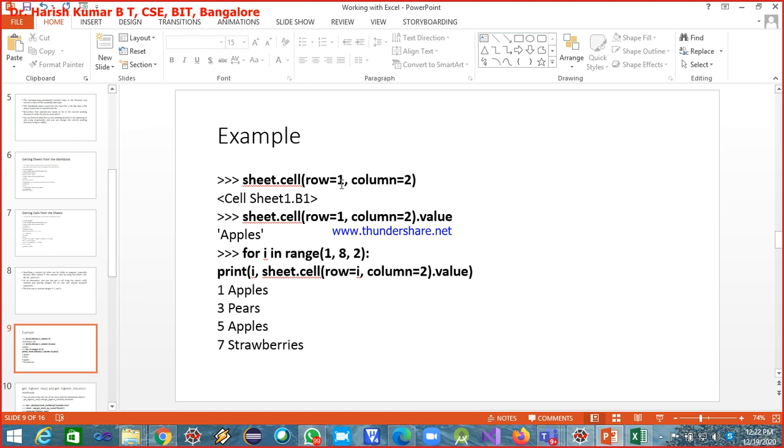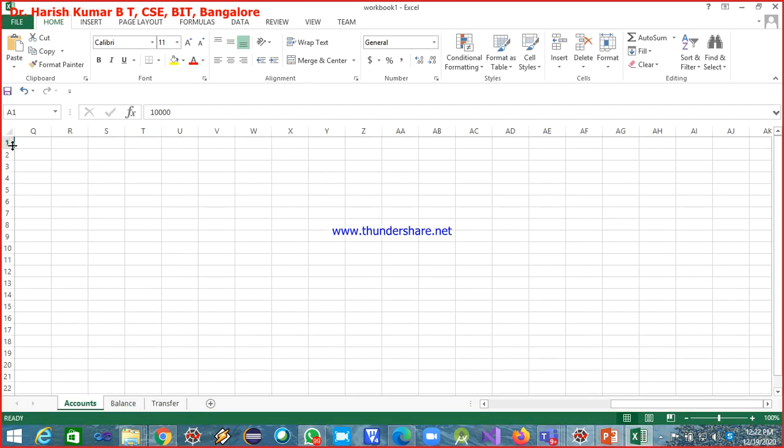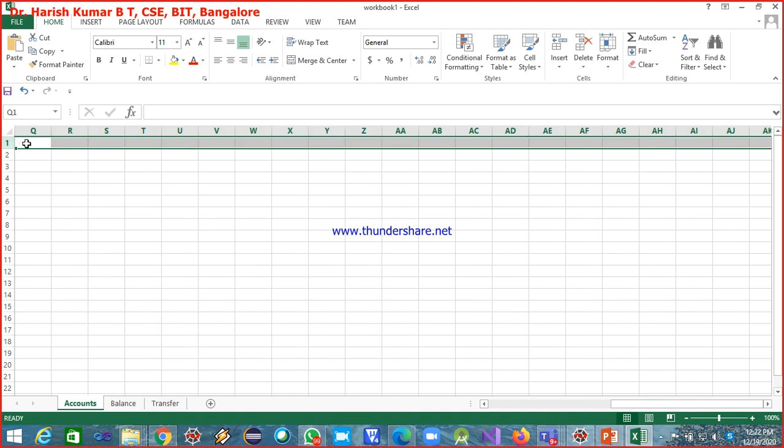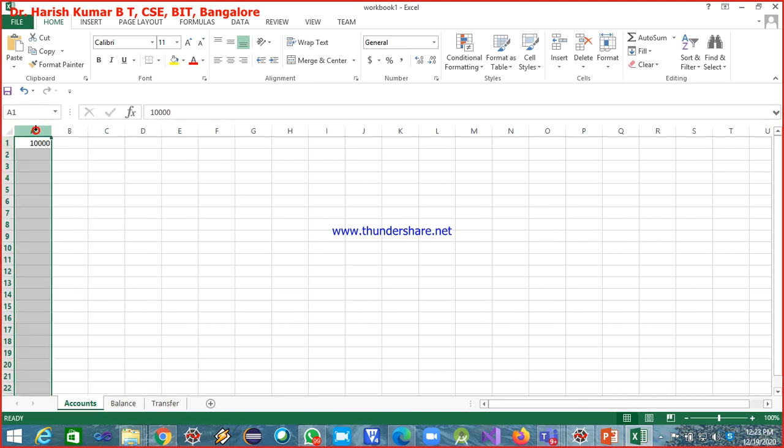When I say row 1, it is the normal row 1, and since I have told column 2, row 1 is this row, this is column 1 and this is column 2. So if I say row 1 and column 2, it is going to access the cell B1. This is how you can access the cells even without using the names of the column.